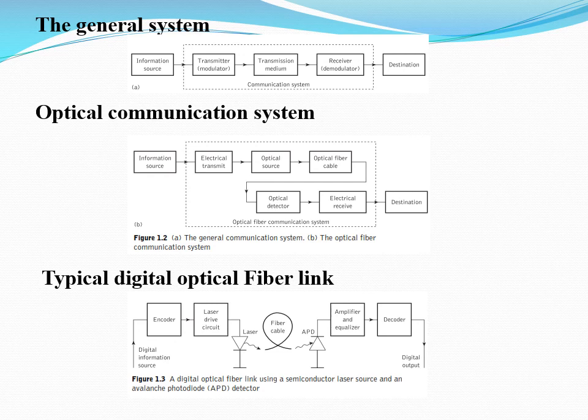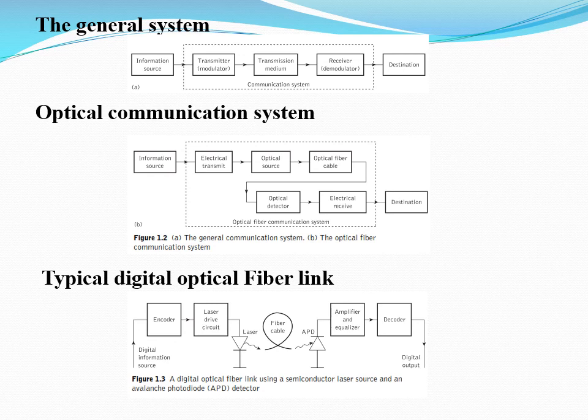Then we have an example of a typical digital optical fiber link. Here we are going to consider an example where the digital information source, or binary values, are being transferred. It is a set of information from one point to the other. But whenever I consider digital data, the digital data cannot be directly transmitted due to various drawbacks or problems. We are going to encode it first using an encoder. So the first step in this signal transmission is encoding, which is done by using an encoder.